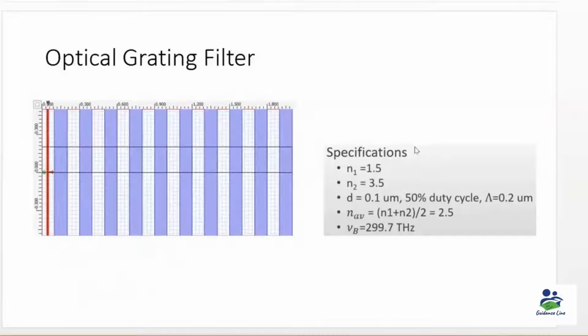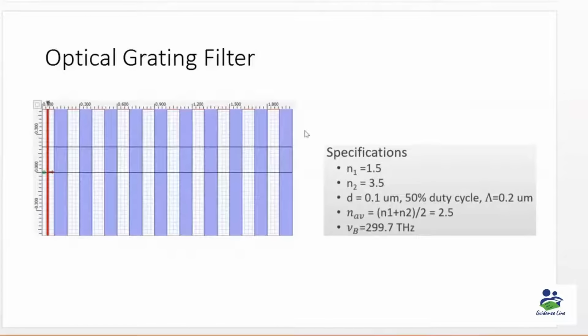Apart from that, the other parameter is D, which defines a grating width of 0.1 micron, and we have a 50% duty cycle. That means in 50% duty cycle the grating repeats itself. On the basis of this duty cycle we can evaluate the period of a grating, and it is definitely 0.2 micron. Because the grating width is around 0.1 micron, I have to leave a space of 0.1 micron. Again the grating will start at 0.2. So the period is 0.2, after which the grating will get started.